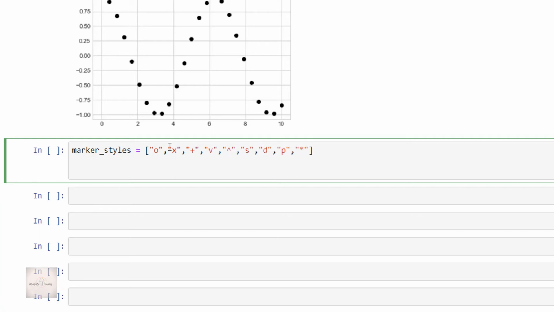Now I'll create a for loop so that it will be easy for us to see the plot in a very visible way.